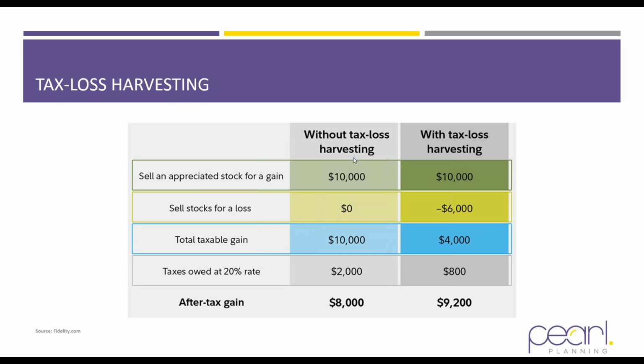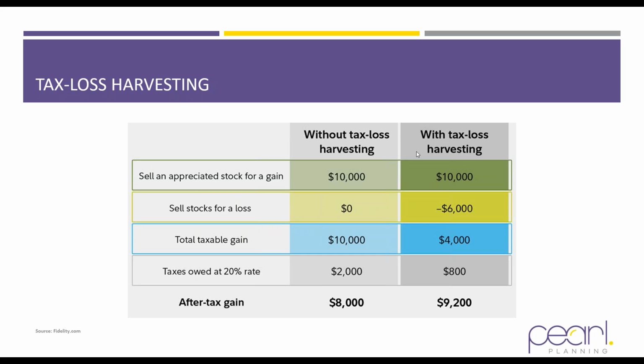So here's an example. You sell a stock that has made money for a gain of $10,000. Let's say that we had a pullback in this generic example. In this case, you sold something that lost $6,000. Perhaps you bought something very similar. You can't buy the same thing, but buy something similar so that you don't completely sit on the sidelines for a little more than a month while you need to reset your ownership period